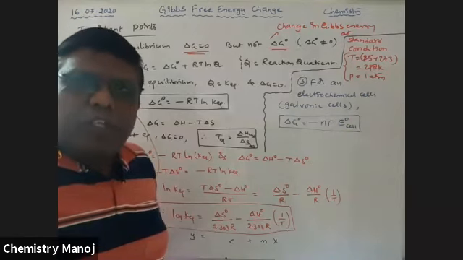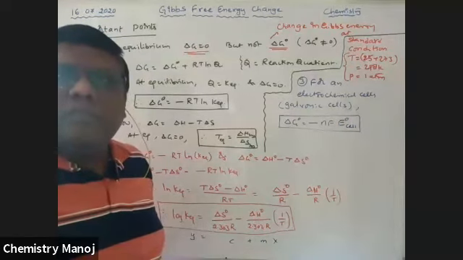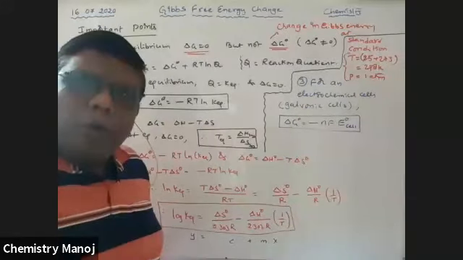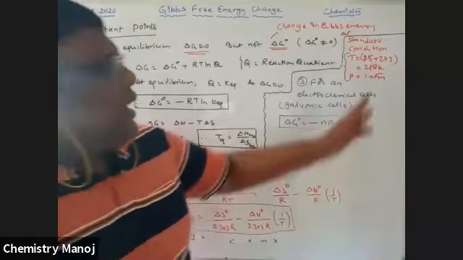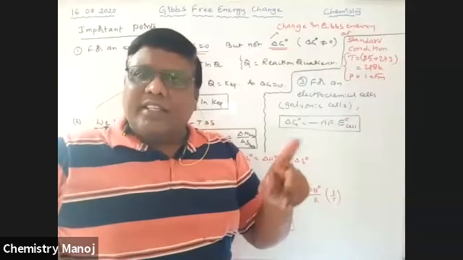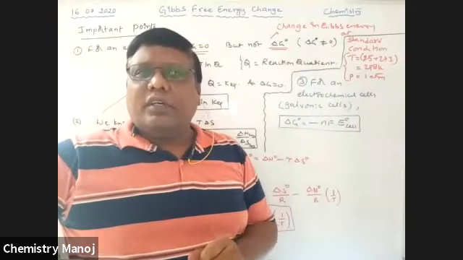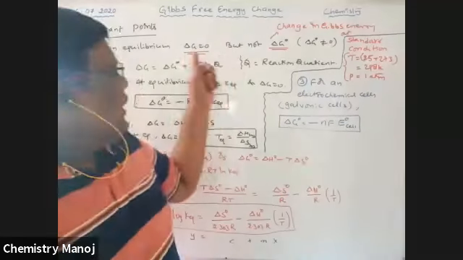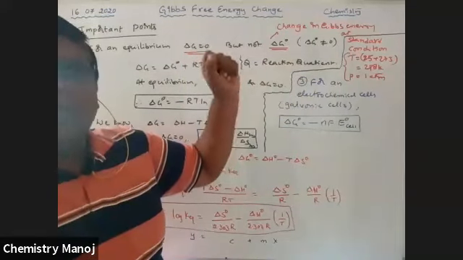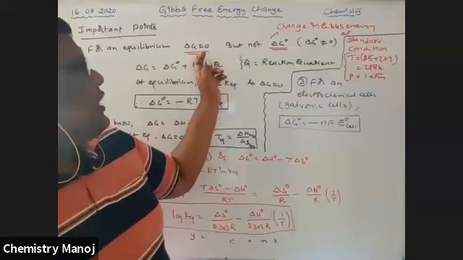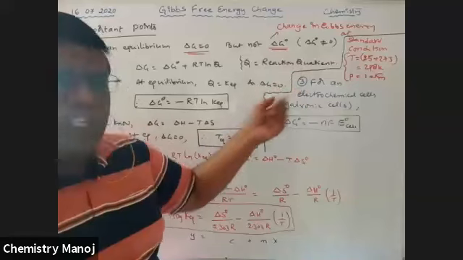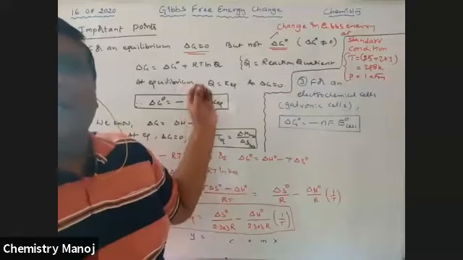If it is entropy change, that is standard entropy change. If it is enthalpy change, that is standard enthalpy change. So whatever it may be, any property measured at this temperature and pressure is called a standard value, indicated with the superscript naught, delta naught. Otherwise it is at any other temperature and pressure. So delta G is equal to 0, but delta G naught, the standard change in Gibbs energy, is not equal to 0 at equilibrium.